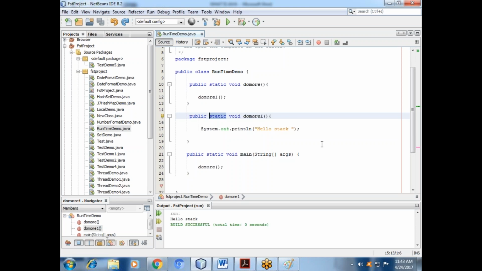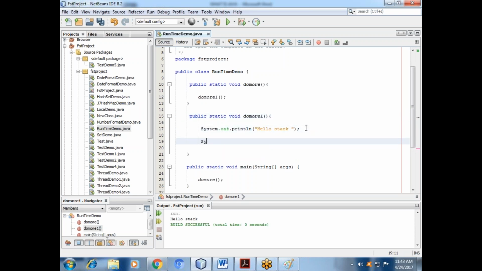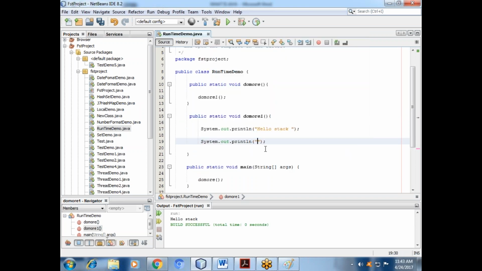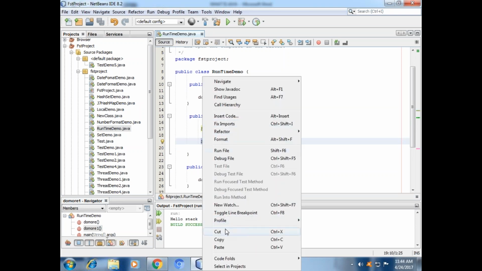Suppose we pass this one, we pass 0. Then you will get this exception.